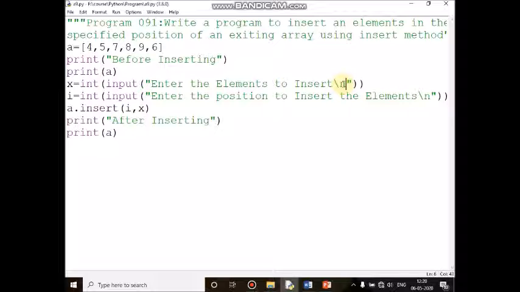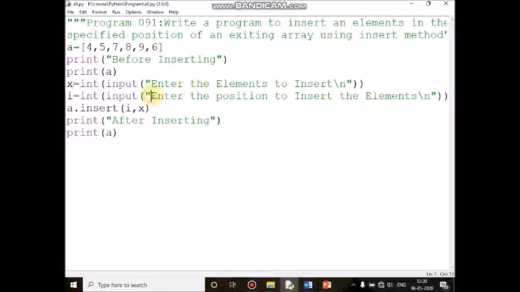Backslash n is used to move the cursor to the next line. Whatever value I read through the input function is treated as a string, so you should convert it to integer. The int function is used to convert the string value to integer, then it will be assigned to x. My input is 15. Okay, x value is 15.